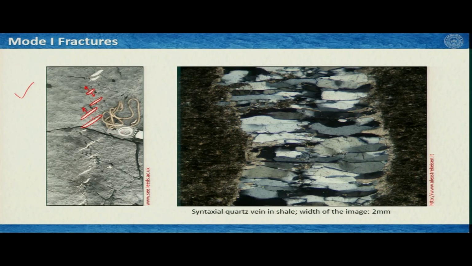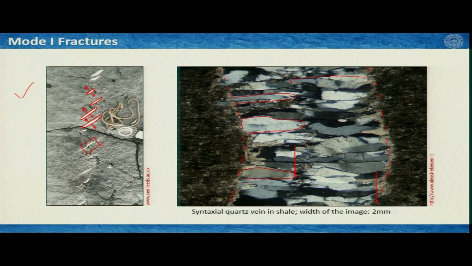So, the fractures were opening in this way, and these are typical en-echelon fractures, generally happen due to shearing of the rocks. We will learn about it soon, but these are examples of mode 1 or tensile or opening mode fractures. Now, if you make a thin section of this kind of features, then you will see under thin section that these are the host rock or the country rock, which is in this case shale, and this opening fracture is filled by these quartz fibers,